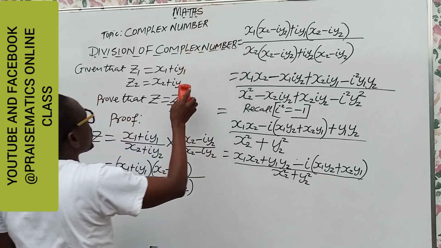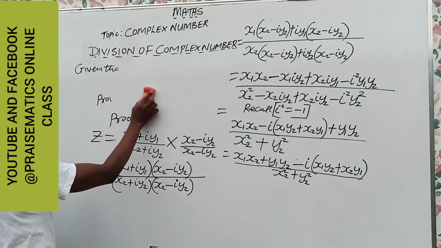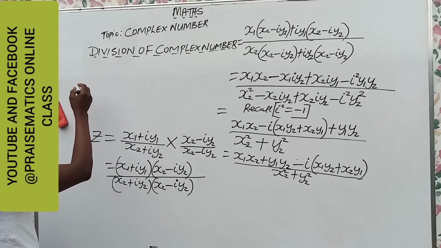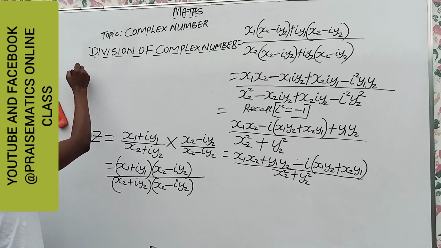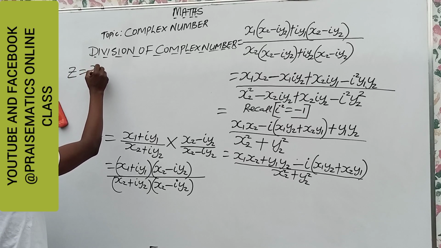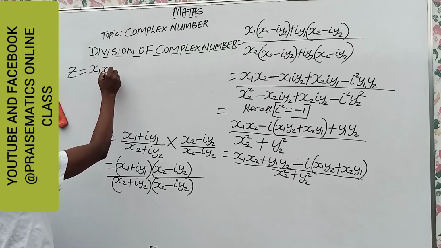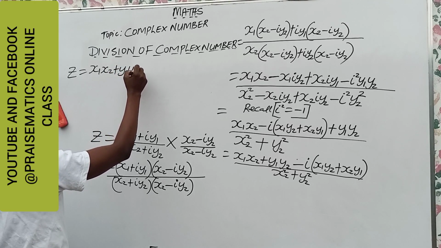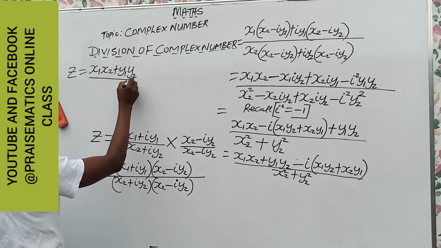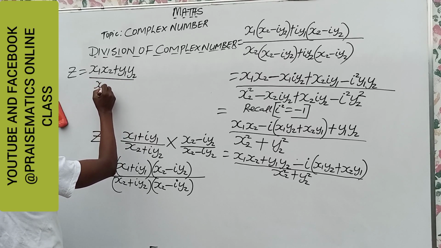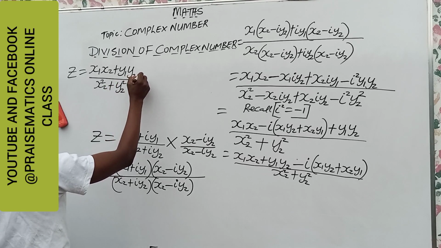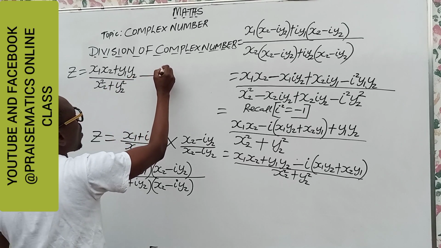So okay, finally we have that the real part, our z, which is a complex number, is x1, x2 plus y1, y2 all over x2 square plus y2 square, minus, now we have our i